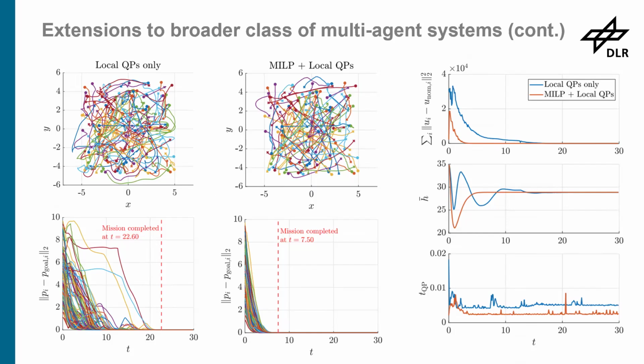It's a messy scenario, and they are all using local QPs for themselves, in which they have to consider everyone, right? And as you can see here, you can ensure safety in this case, but